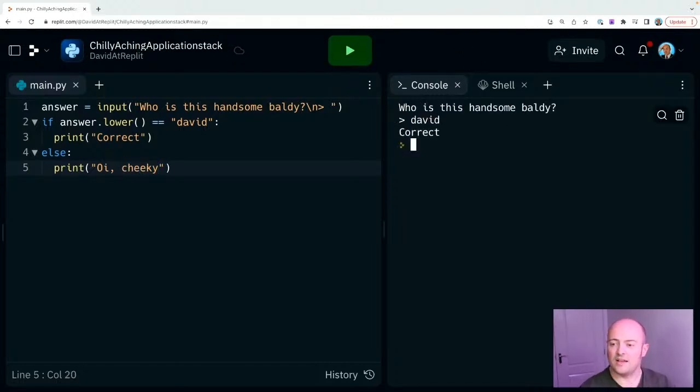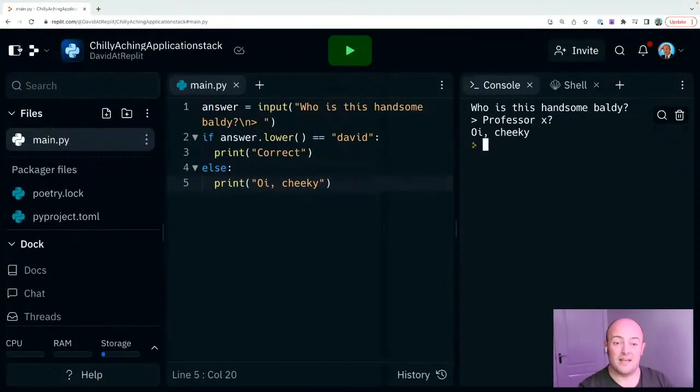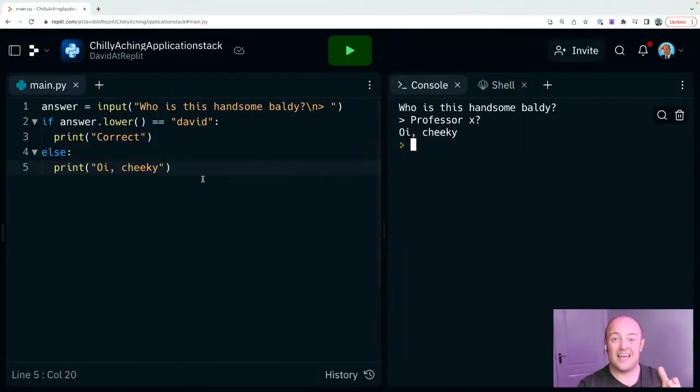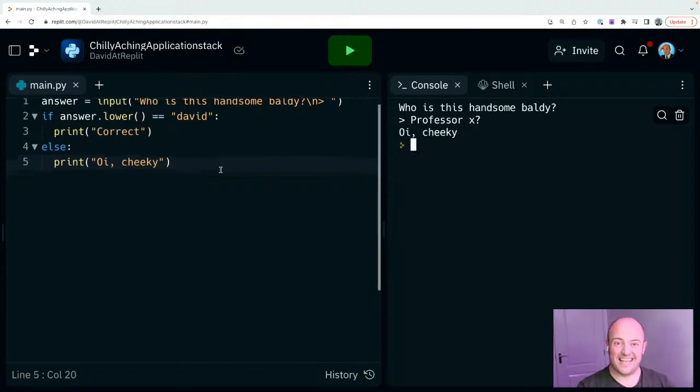And if I put the right answer in, great. If I put the wrong answer in, here we go. Now, back in the old bad PyCharm days, I'd have to download that as a .py file. And that's what it is, sitting in the file system over there, main.py. And I have to send that and hope that the person's got it and just open the text editor.